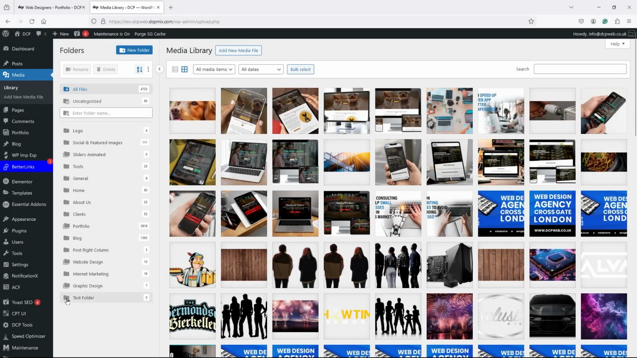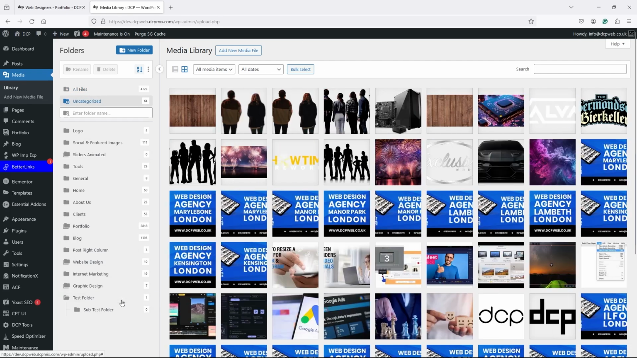Hi and welcome to this DCP web tutorial. In today's tutorial I'm going to show you how to organize images and content in your WordPress media directory using